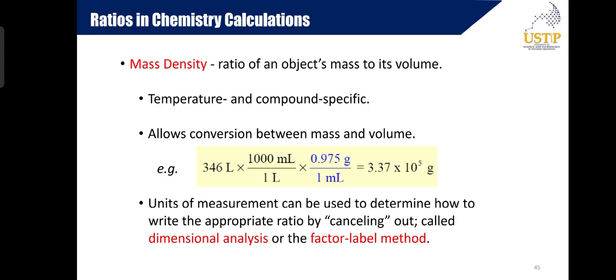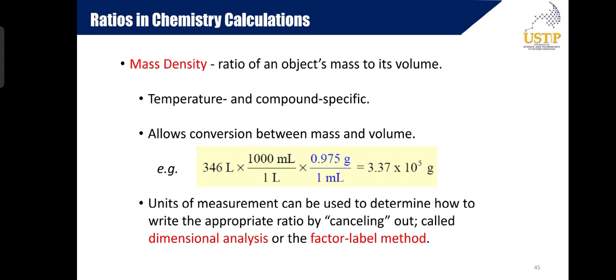So for example, you have 346 liters of water. You want to convert that to grams. How will you do that? First, you have to convert 346 liters into milliliters. As we all know, 1 liter is equivalent to 1,000 ml. So there you can see in the first part, 346 liter over 1, times 1,000 ml over 1 liter. Now, the density of water at room temperature is, as we all know,